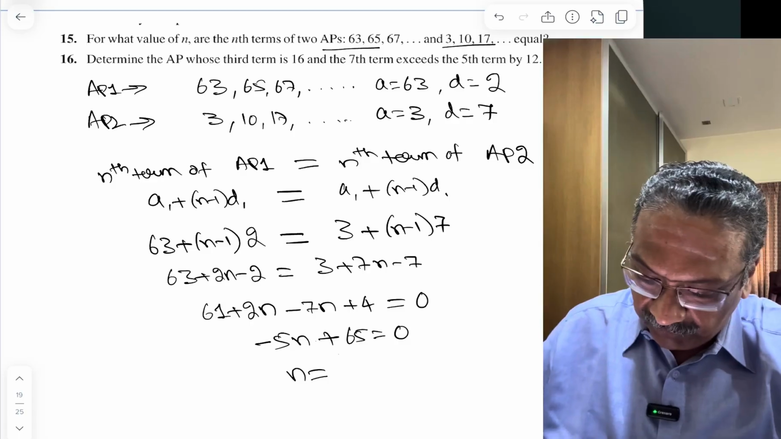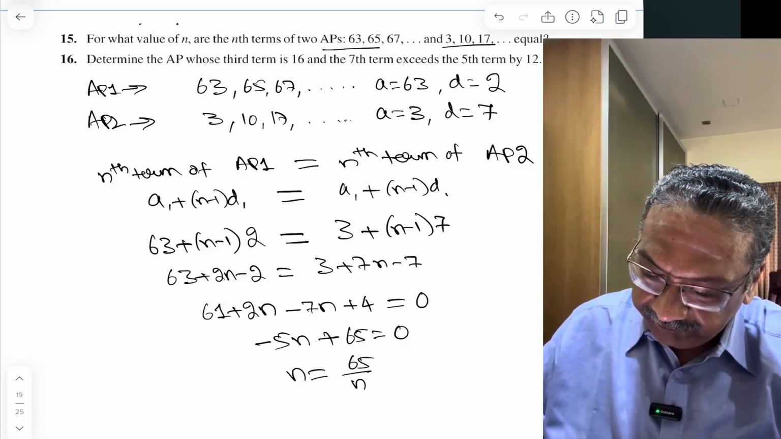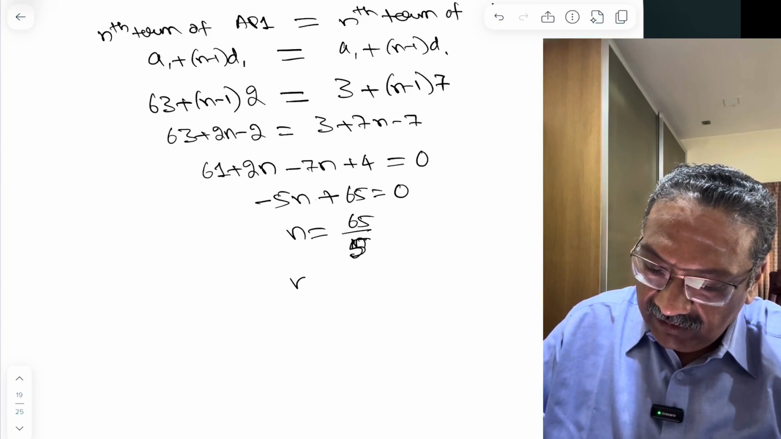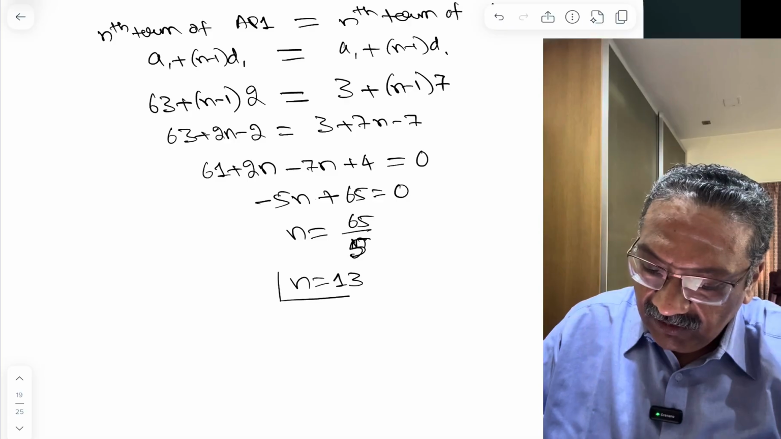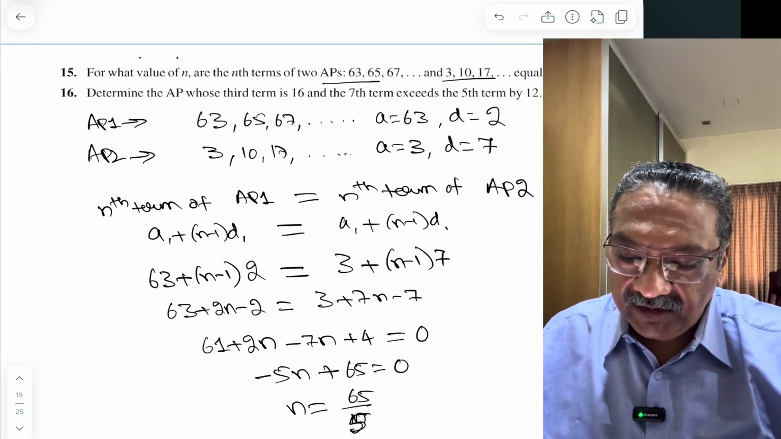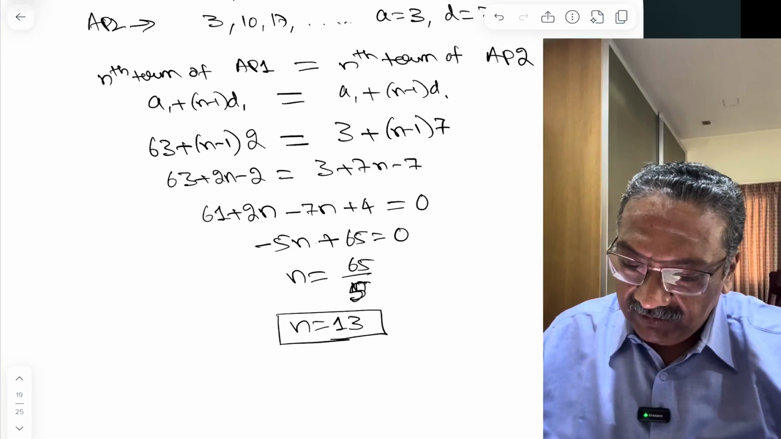So n is equal to 65 by 5. So n is 5 ones are 5, 3s are 13. So the 13th term, both the 13th terms will be equal. Similarly,